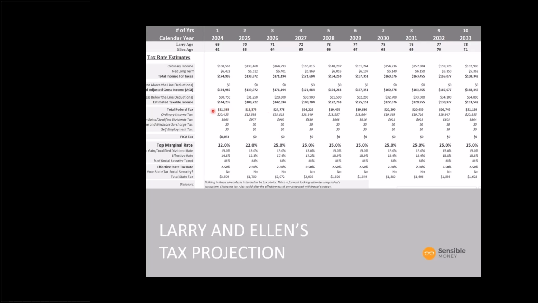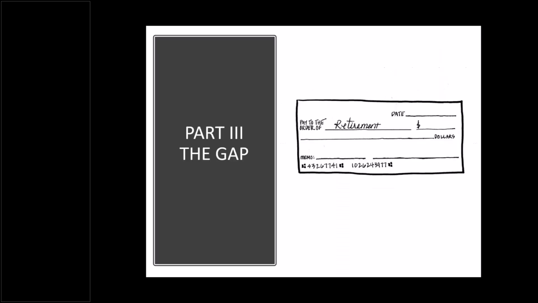Now, these federal taxes, as I mentioned, are being impacted by the amount of withdrawals that are being taken from the different retirement accounts. So how do we account for that? Well, that's part 3, what we call the gap. So we looked at the income coming in from non-portfolio sources, things like Social Security and pensions, and then we looked at all of the expenses going out, and the difference is what we define as the part that needs to come from the portfolio, or the portfolio paycheck.